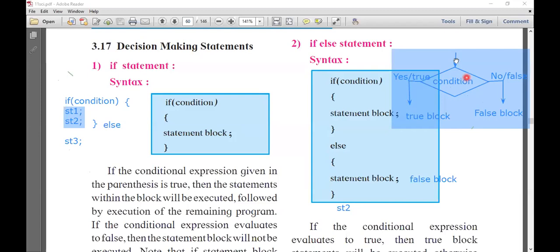The condition block is always denoted by this rhombus shape, and the condition is always written inside. This condition has two sections, the right section and the left section. The right section is usually false, or you can assign true to the right as you wish, but always one side is true and the other side is false.